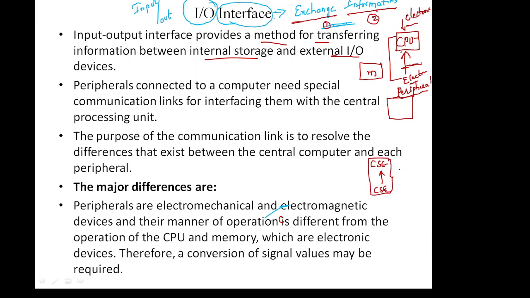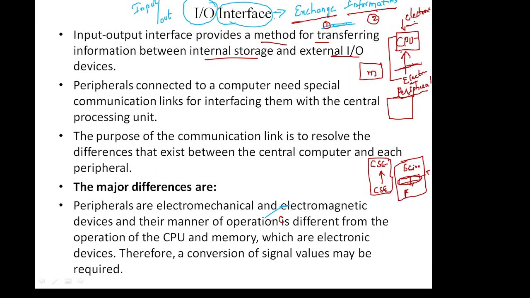Suppose I am going to take a science student, and I am telling all these things, he couldn't understand them properly. There should be a medium between me and the science student. Why? Because in order to understand things in a better way, some mediatory things are needed. Some fusions are needed. In the same manner, if the computer is an electronic device and the output peripheral device is an electronic device, there is no need for a proper medium